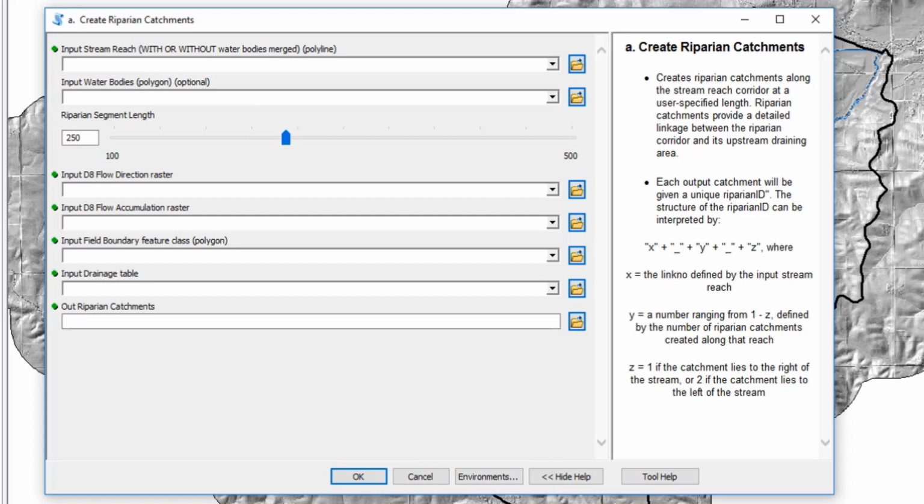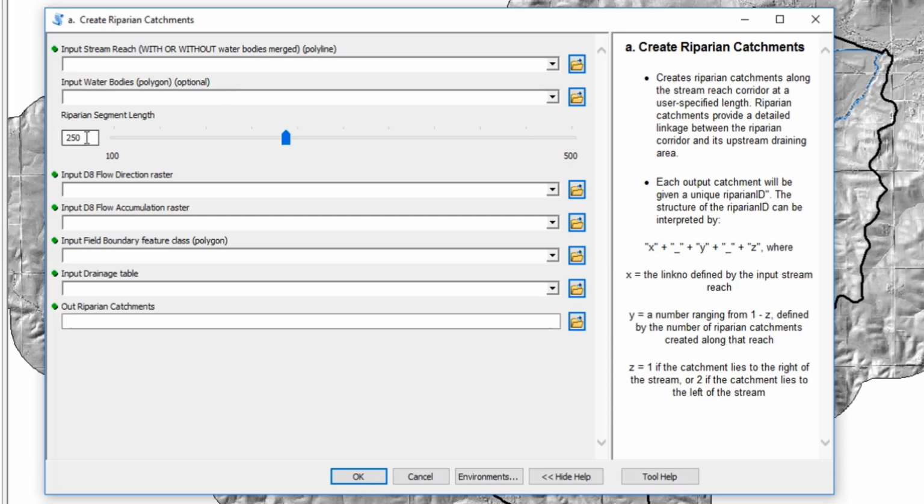So for create riparian attribute polygons, height above channel, riparian function, and denitrifying practices, whichever you used here, use that in these as well. The second input is optional, and that is the water bodies. Input this if you have used your stream reach WB stream feature.